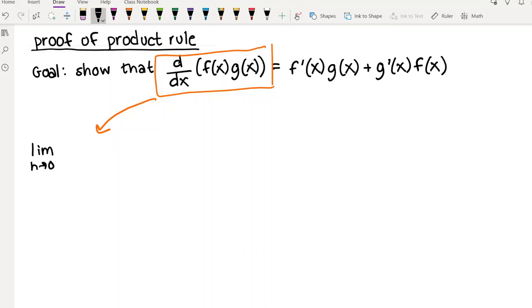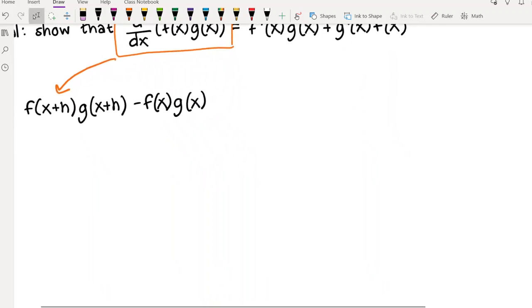But because it's a product of two functions, it's actually going to be f of x plus h times g of x plus h minus f of x times g of x over,